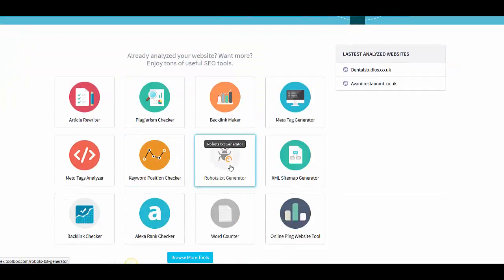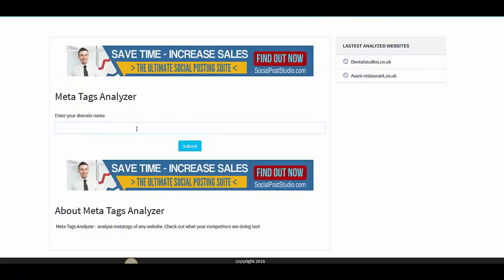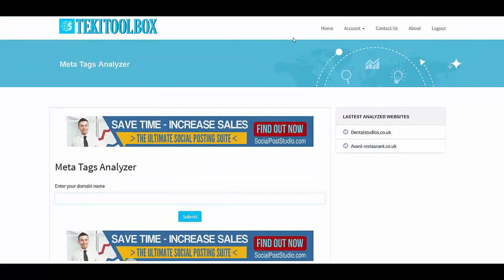Then we've got a robots.txt generator. If your website doesn't have a robots.txt file, you can create one here and then just upload it to your server. Here we've got a meta tags analyzer, so it analyzes the meta tags on your domain. Then we've got,